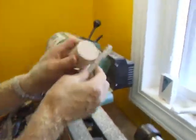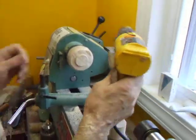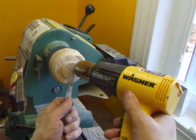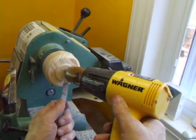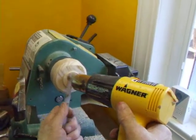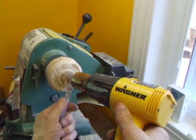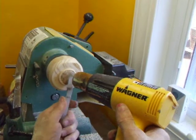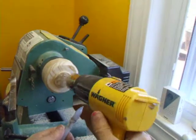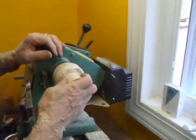Now we're going to use this hot melt glue, which I'm just going to melt onto the glue chuck, making it into a glue chuck in fact. So we use a heat gun. Just melt a bit of glue on. I don't like the applicators that come with this glue because they have to stay on a long time and makes the glue melt, and these things can be used over and over again. So just a nice bit of wet glue, and we just plonk this on